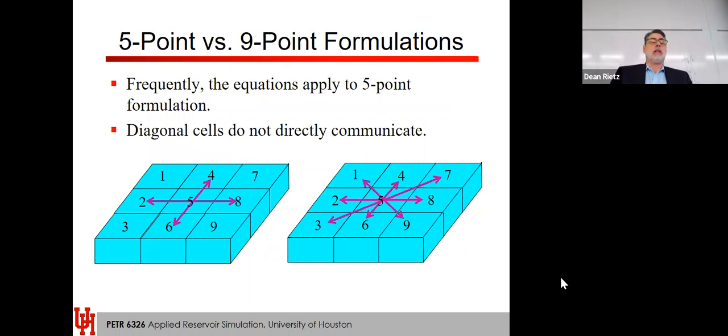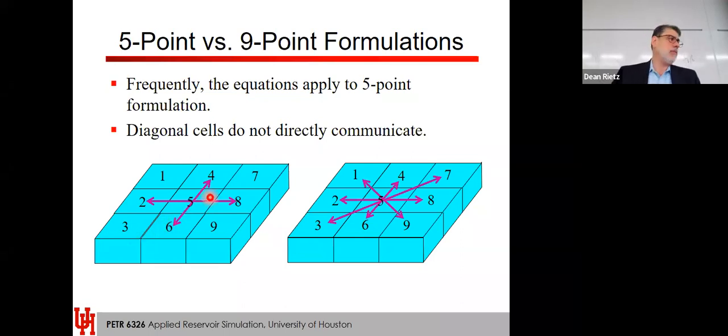Okay, so let's talk a little bit about specifics about modeling now. So we have these different formulations, and this is important. We have what we call a 5-point formulation and a 9-point formulation. The equations typically would apply to a 5-point formulation that I just mentioned,